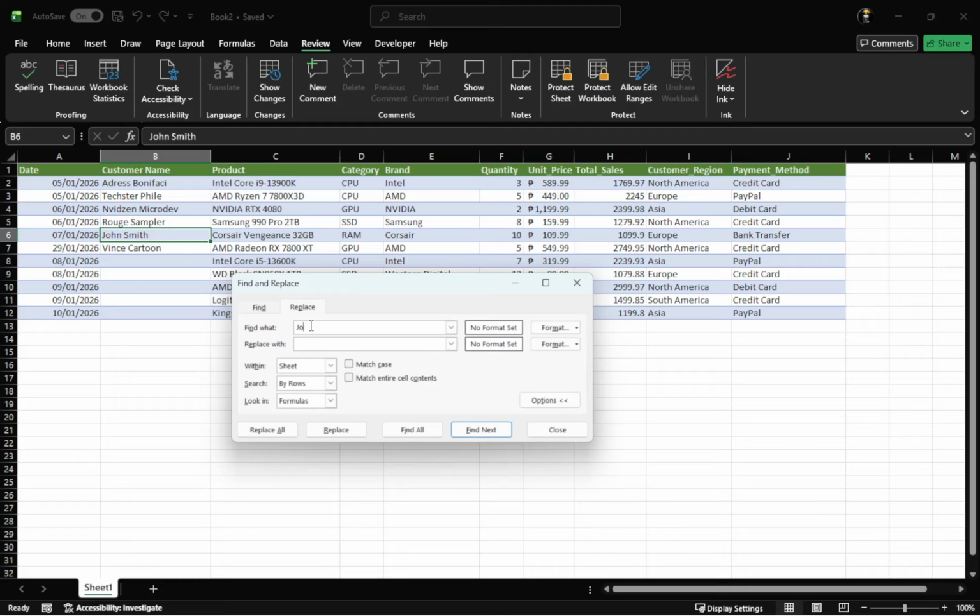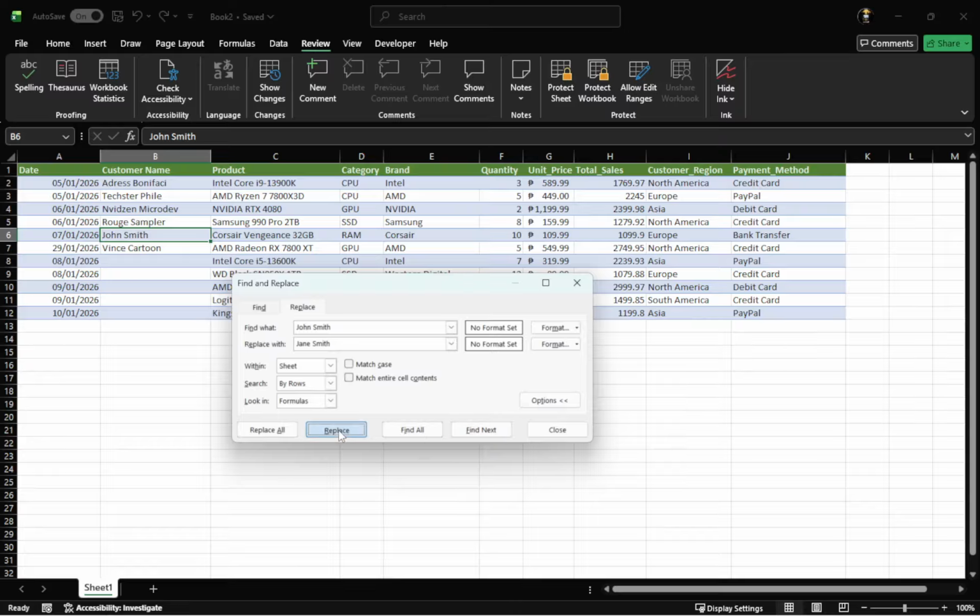Click Replace to fix just the current cell, or Replace All to change the same value everywhere in the selected range or sheet. A small trick here is that Replace All can change many cells at once, so be sure the value you are replacing is not something you still need in other places. Finally, we will completely clear a cell and start again.